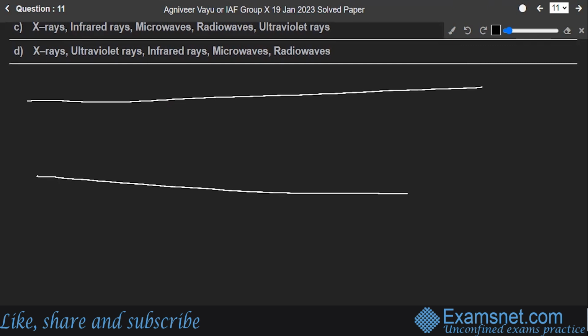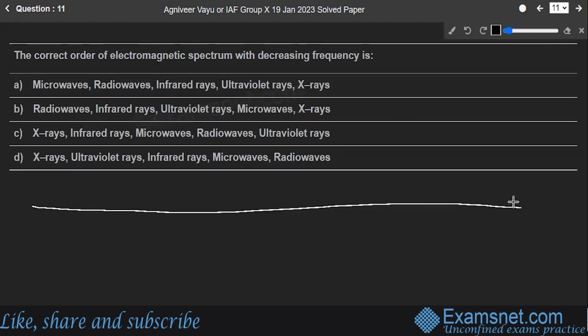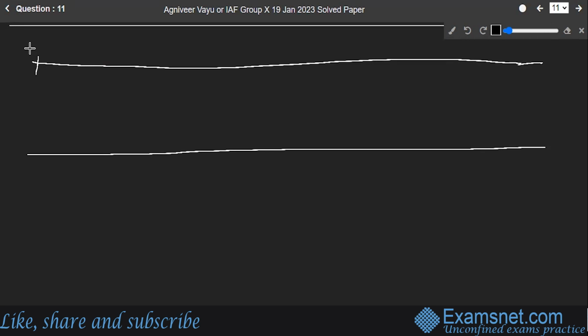So here I'm decreasing the wavelength. If I start from here, that is 1 meter, this is 10 raised to power minus 1, 10 raised to power minus 2, minus 3, minus 4, minus 5,